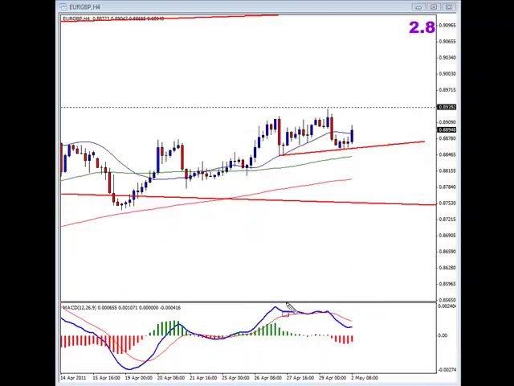On the daily we got divergence, so this is zooming on the 4 hour. On the 4 hour we still got our divergence here as well, on those two tops there, and here again we also have sort of a double top over here. And the other thing I want to show you is that